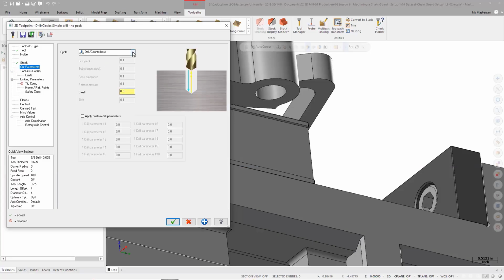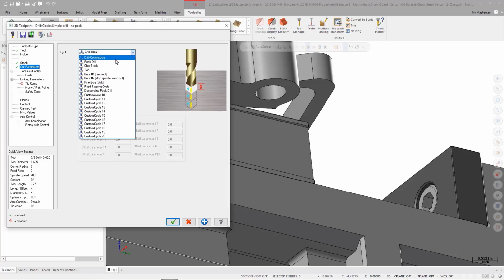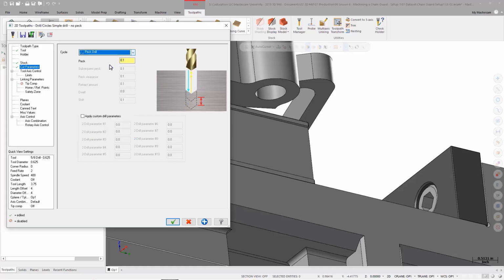Are going to be important as well. We have two main options that we're going to talk about. Peck drilling. Options have very similar inputs. You'll notice that peck is set to 0.1 for chip break. The difference is we can see here in the image is the fact that peck drill retracts the bit all the way out of, the bit itself is doing these micro retracts. So the difference between them,